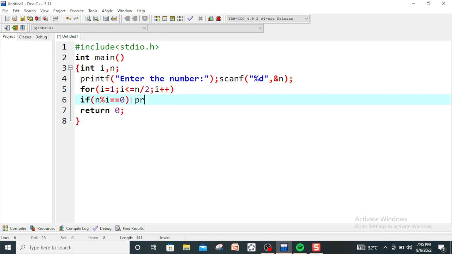So we have to print that factor because obviously I have to find the factors. So I write printf, and I write here %d because factors